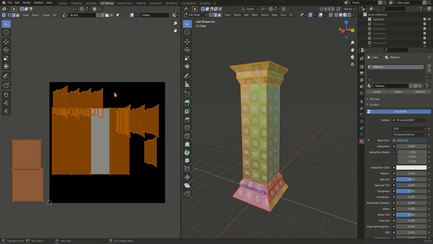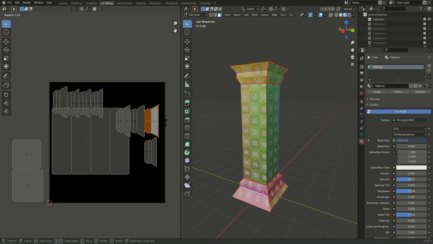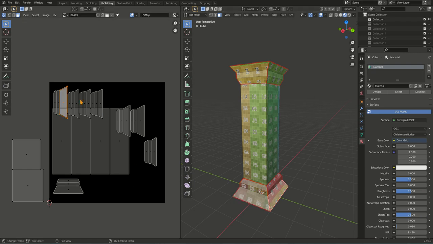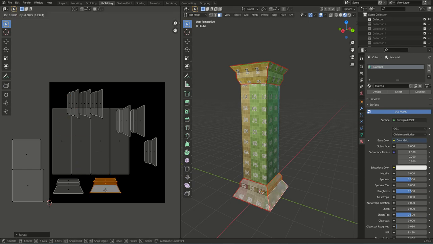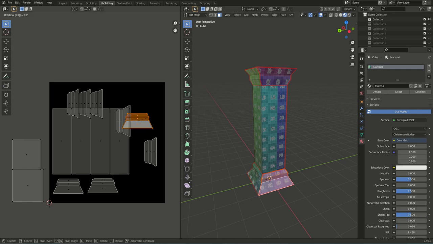And now we go to sync selection on to recognize the parts. So if I select this face, I have this here, Control L, and I rotate the piece 90 degrees, and I move it here. Then this one, Control L, rotate 90 degrees, and move it here. Then the next one, Control L, I'm going to rotate 90 degrees this time by doing R, 90, enter. We move it here,